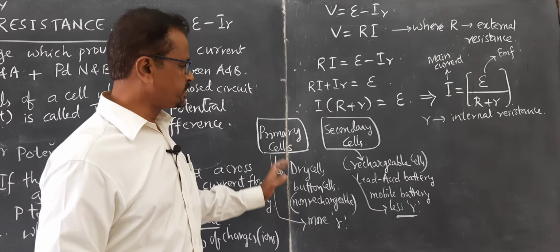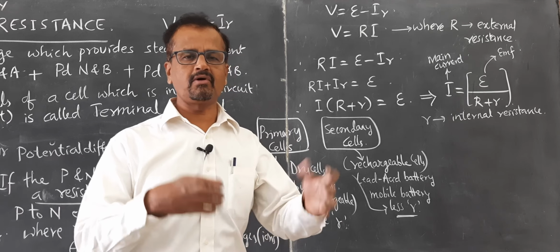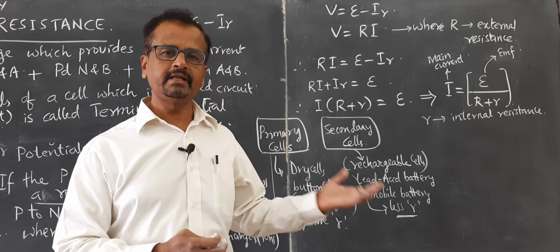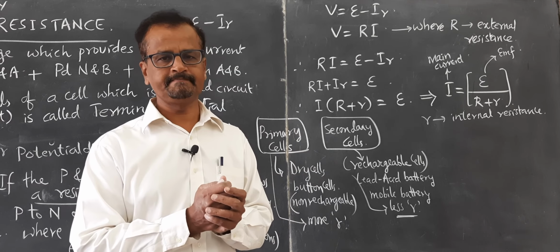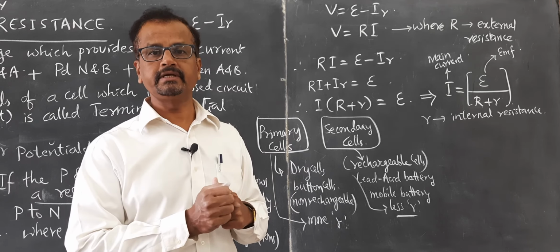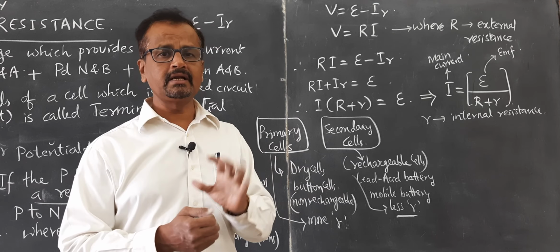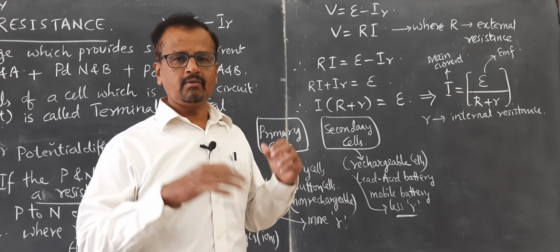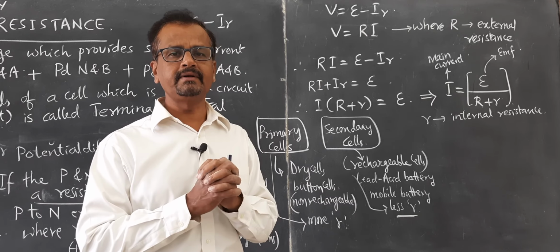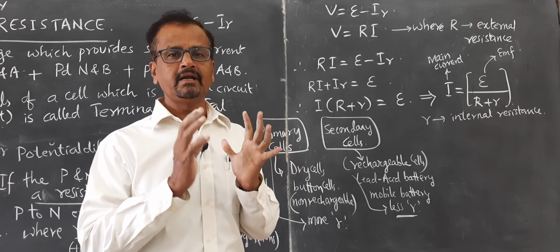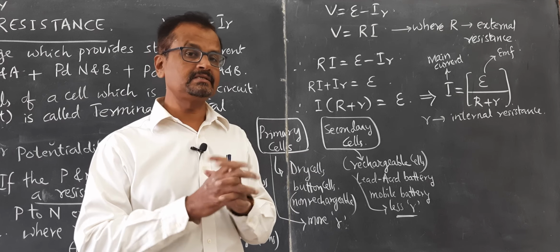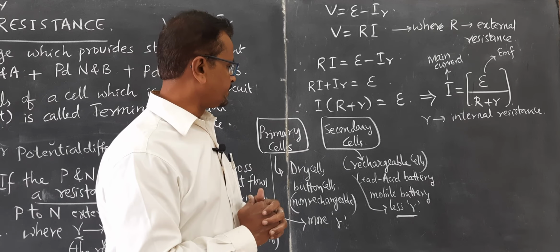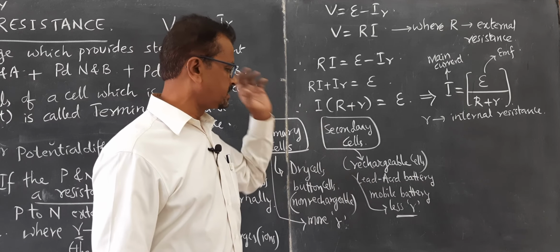As we go on using these cells for a longer duration of time, since the chemical reactions take place continuously, the internal resistance naturally increases. What are the factors on which the internal resistance of the electrolyte depends? This you are going to learn in detail in chemistry, right? Okay. Now we have discussed enough about internal resistance.